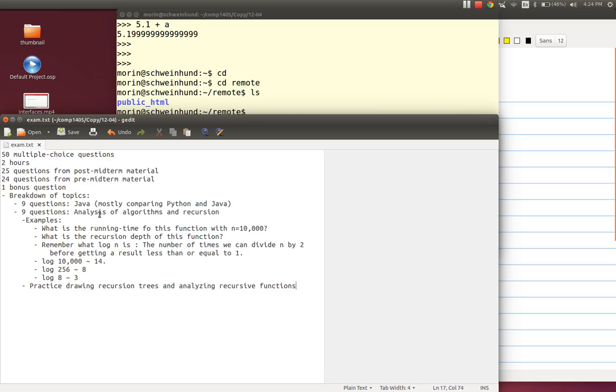This is a better way to do it. Any other? This is the toughest part of this thing. I guarantee that these are the questions that people will do the worst on. So practice these things. You're looking at 9 out of 50 questions here, so it's not a small part of the exam.